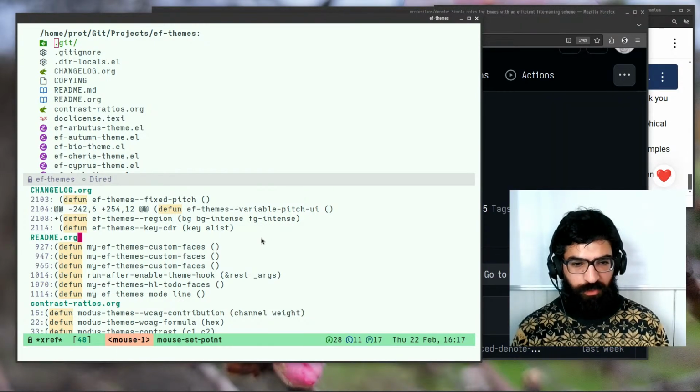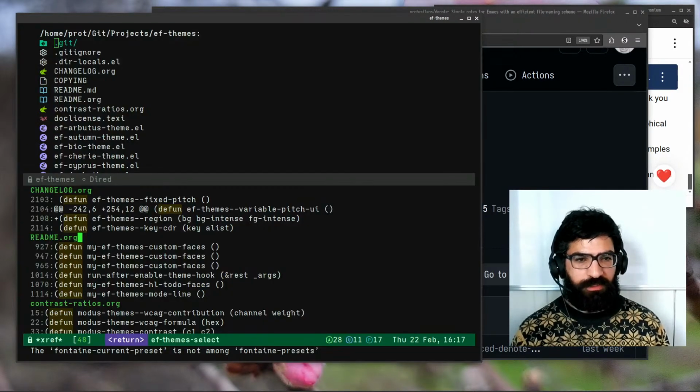Okay, so I'm switching now to the dark theme. Let's go with this one. Yeah, let's just go with this one. So now